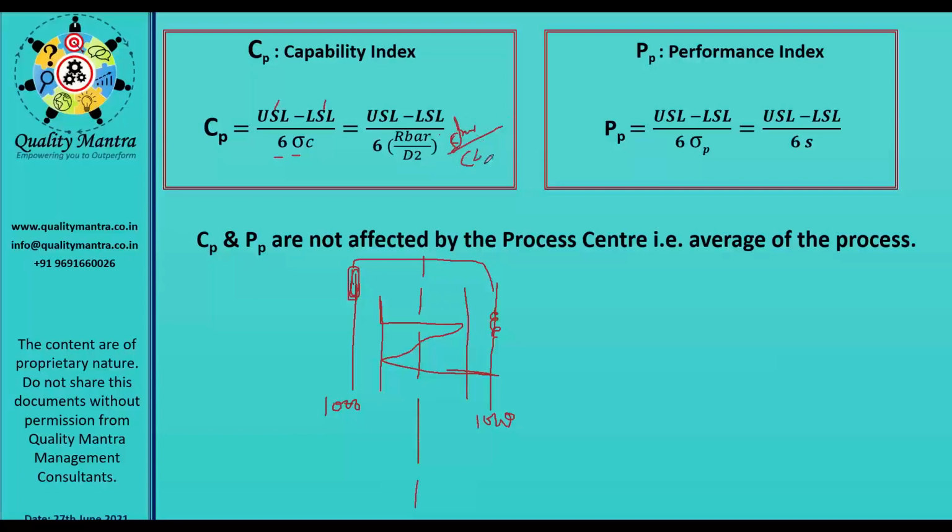S bar by C4, because it is the within standard deviation you are taking. Now this R bar by D2, where will you get this from? To calculate the R bar, you need to calculate the ranges: ranges within the subgroup, or if you are going by an IMR chart, the range between the 2 points. So LSL, what is your lower specification limit? And divided by this one.